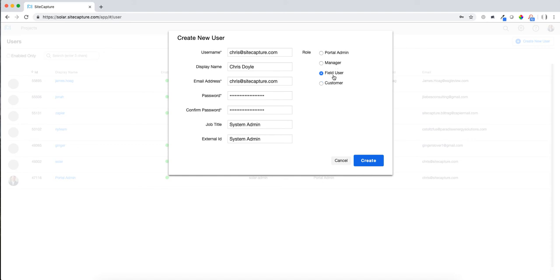Field user is going to be able to only see projects that are assigned to them and/or created by that person. So if I create a project out in the field, it may not necessarily be assigned to me, but I'm automatically going to be able to see it because I created it. If it's assigned to me, I can also access it, or if it's shared with me. There's an additional feature that allows you to share a project across multiple users. That's another way around. If you want your manager to be able to see different things, you can also share